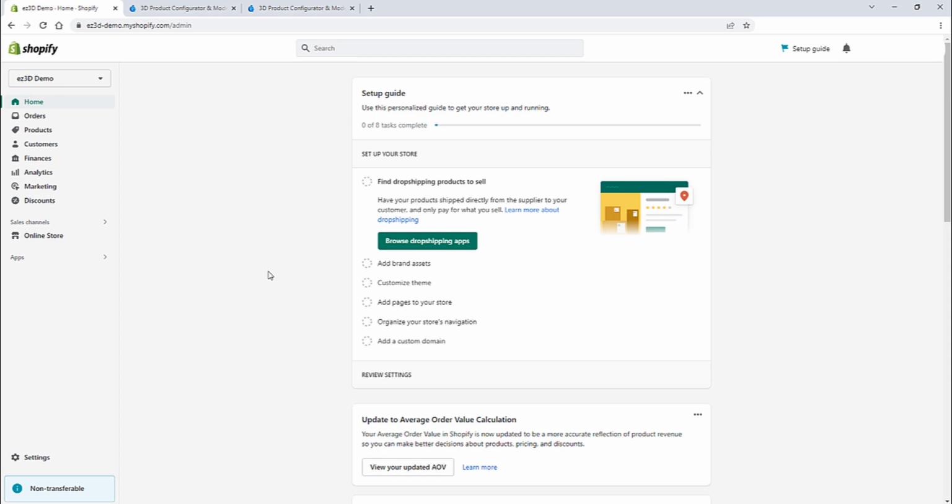What is up everyone, Matt from VizFrame here, and in this short video I'm going to show you how fast and super simple it is to use our ez3D app to take your 3D model from VizFrame and drop it